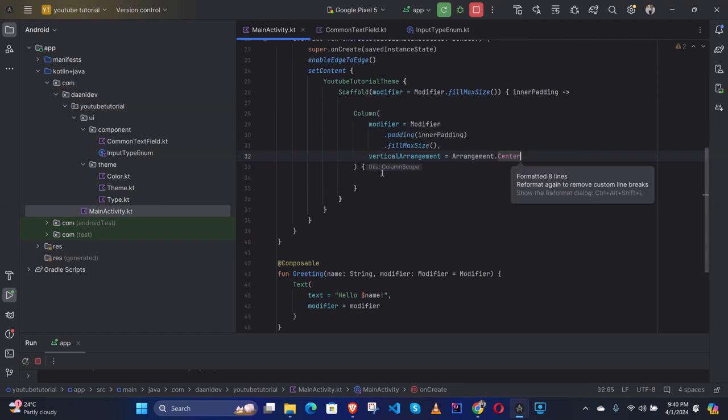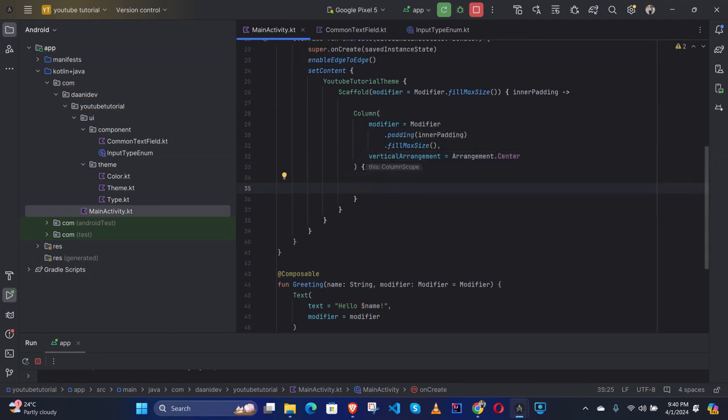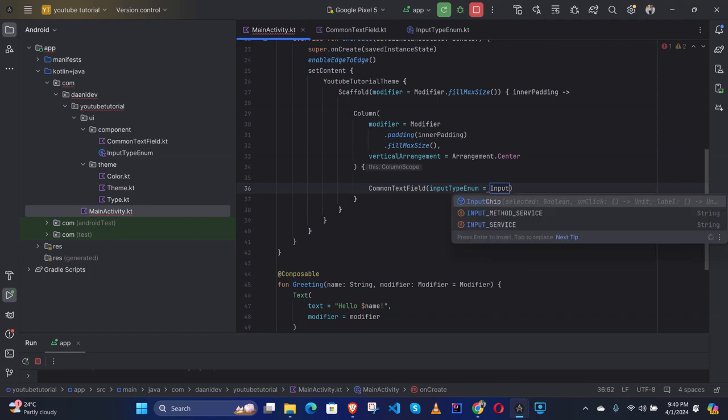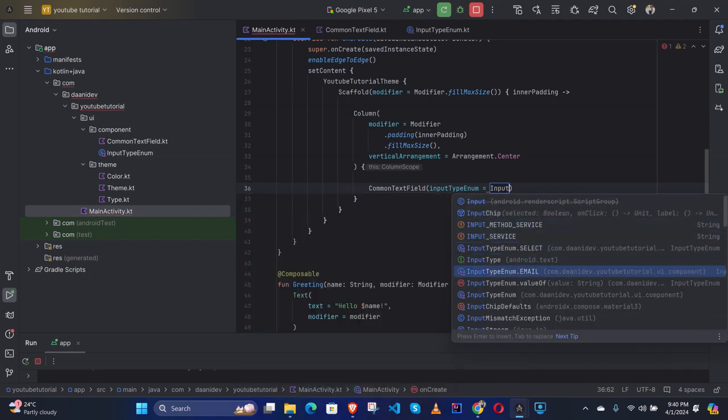Okay, and we need to define the common text field here. So common text field, input type email,